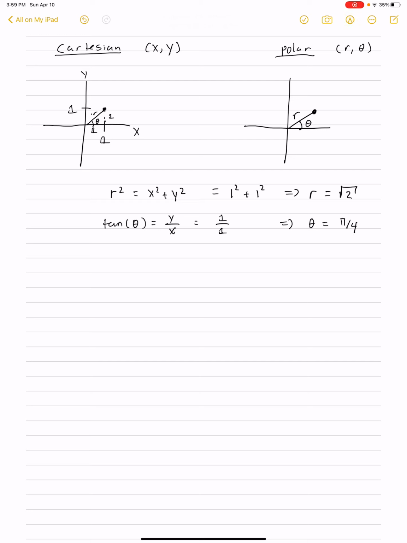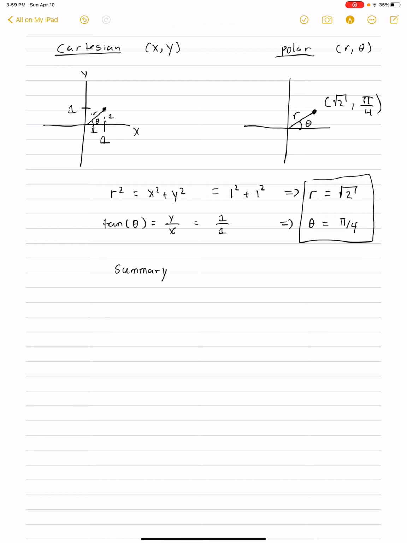So we're able to obtain the r theta point with r being square root of 2 and theta being pi over 4 here. Okay, so that's our polar point, and to summarize,